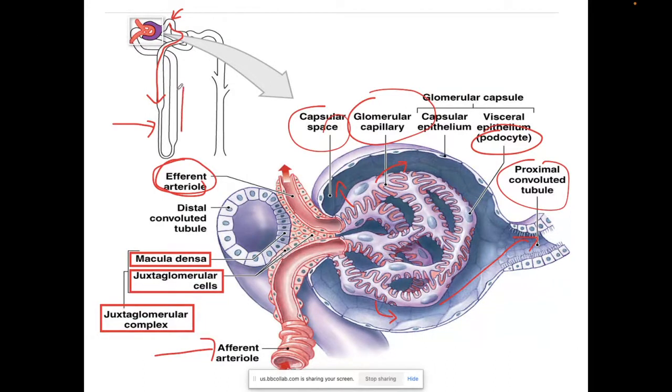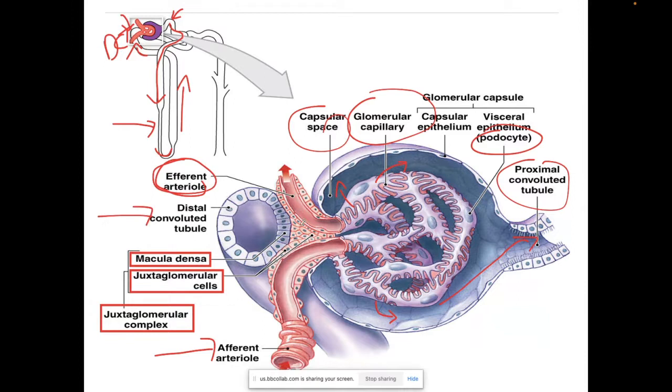And then the ascending limb was thicker, and here's the actual loop. Then you've got the distal convoluted tubule coming around. So right here is the distal convoluted tubule, right between the afferent and efferent arterioles. If we look down on the bottom, here's the distal convoluted tubule, and it's right between the afferent